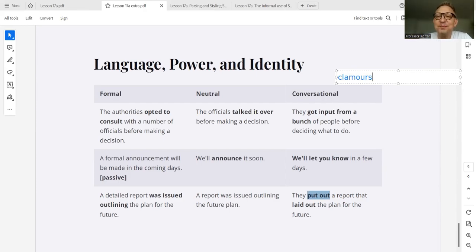But in fact, if your students want to work in a very serious job, they're going to need to know the equivalents of these phrasal verbs as well. Obviously, phrasal verbs, there's nothing wrong with them, and we use them all the time. But if you look here, they put out and they laid out. Here, they issued. And when we talk in academic terms, the way I teach and the way I understand it, issued is a more stable term than put out.